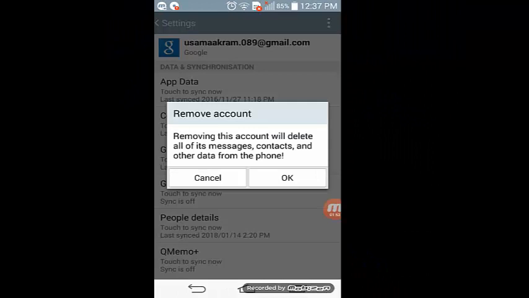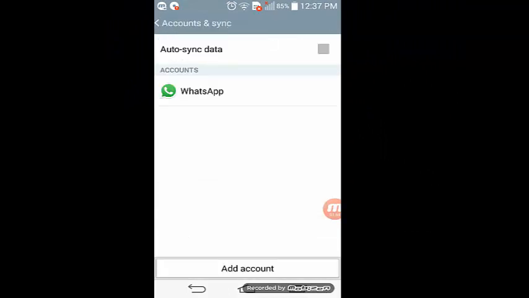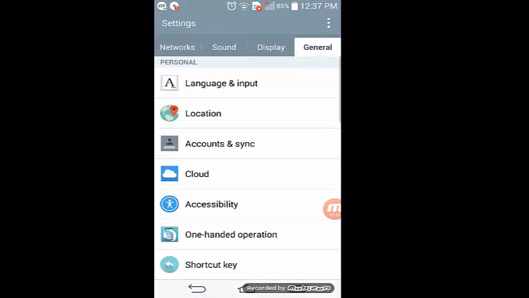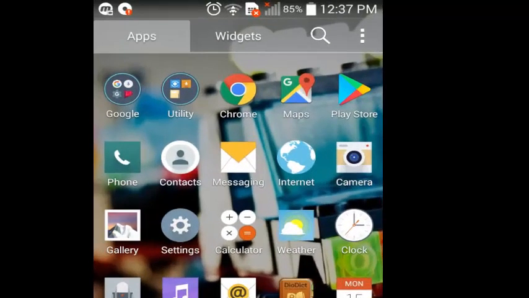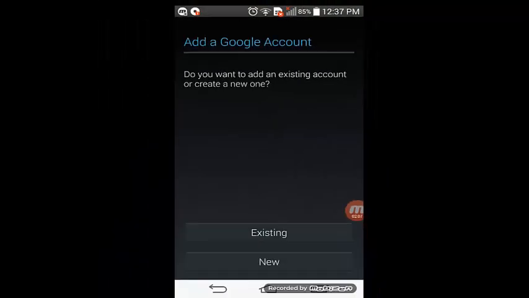Press OK. Now let's take a look at our Google Play Store. I think so, guys, you see, in this way we can remove our Google Play Store account from our mobile